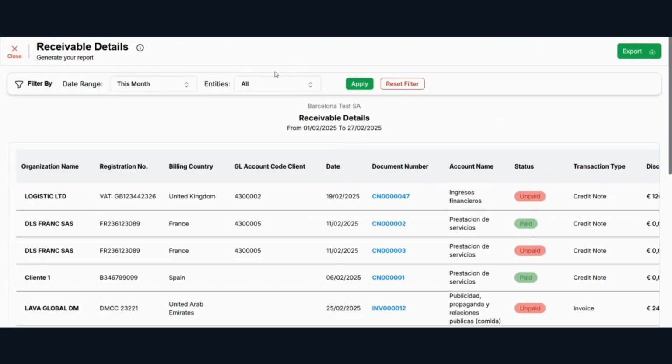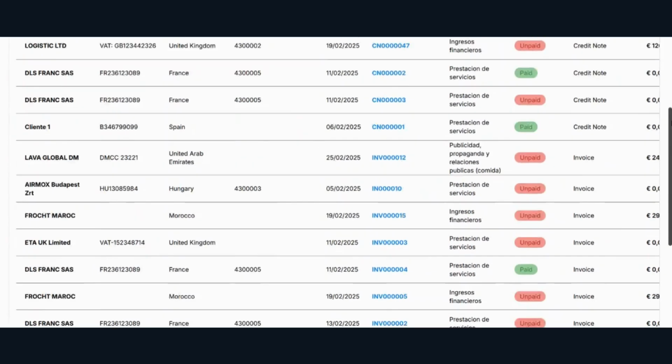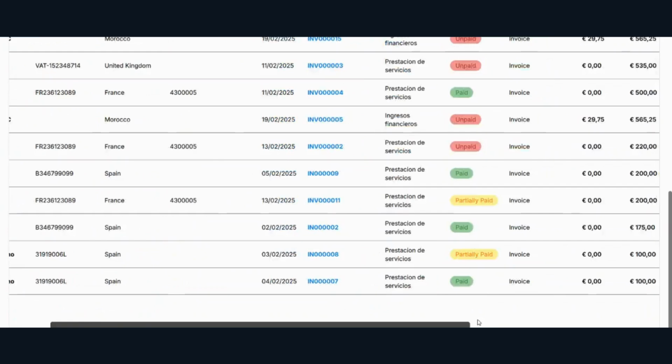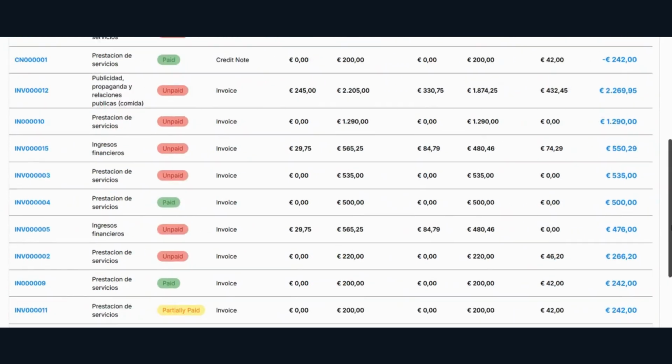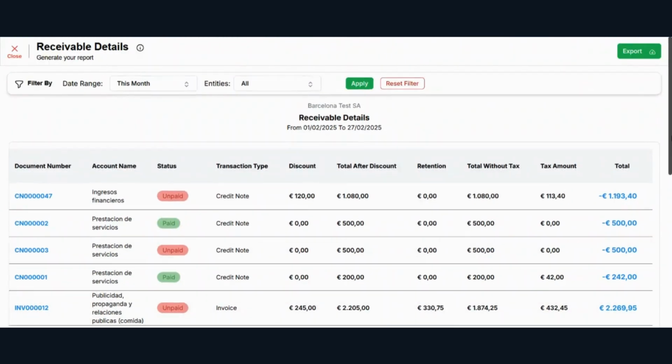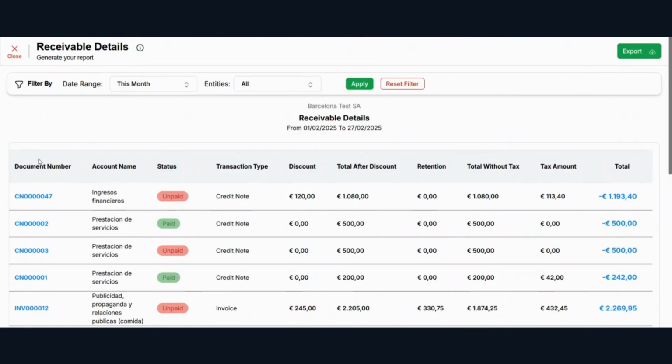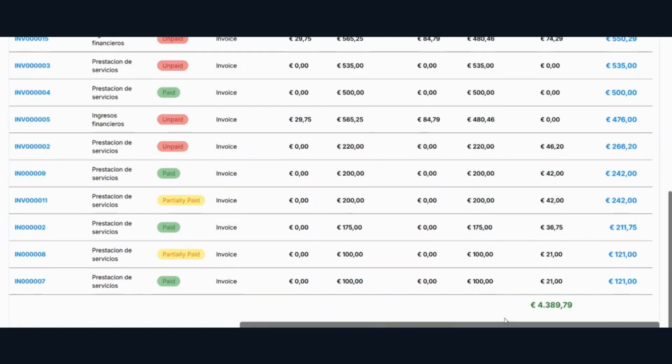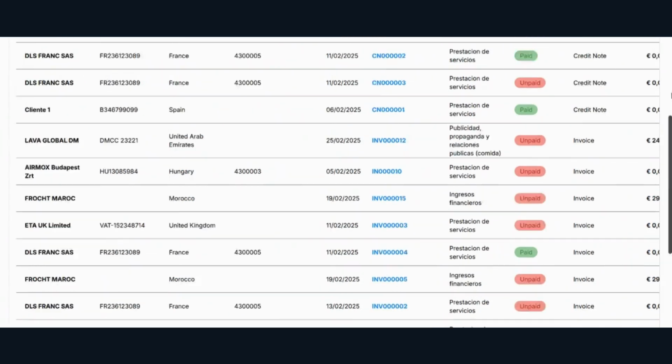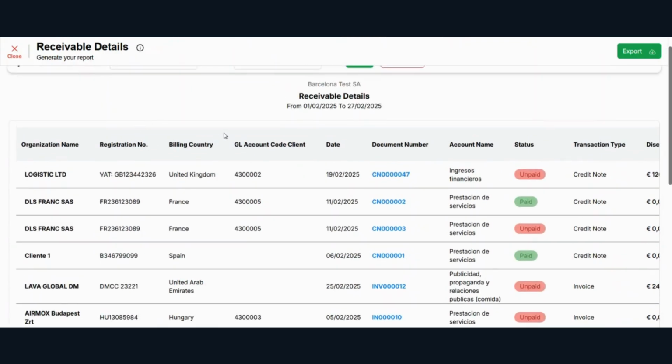See this format you get. This is your dashboard. From here you can get every basic detail: the document name, account number, your organization name, registration number, billing country, transactions, everything you get from here.